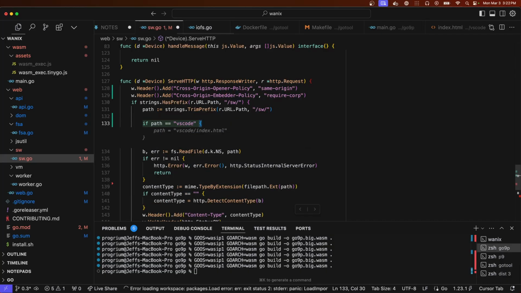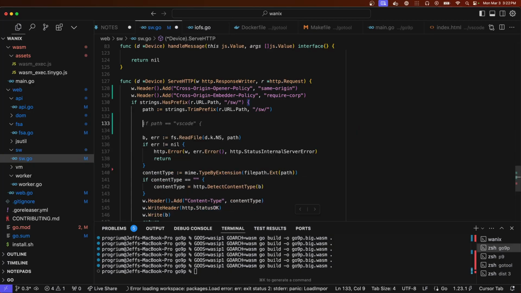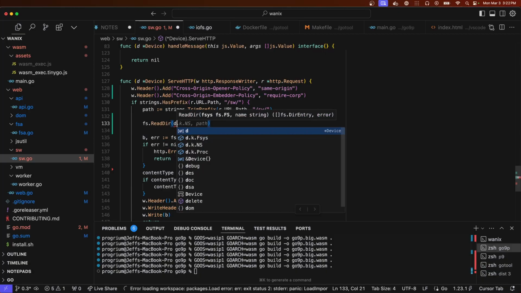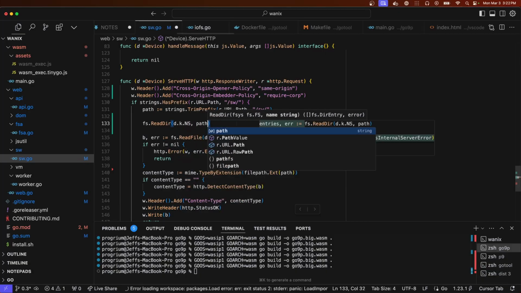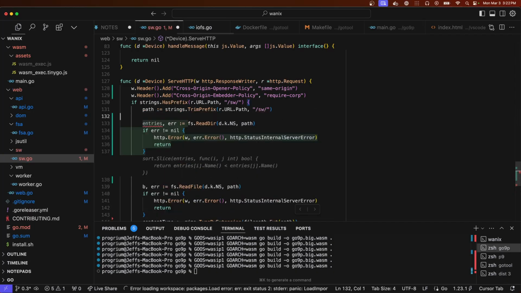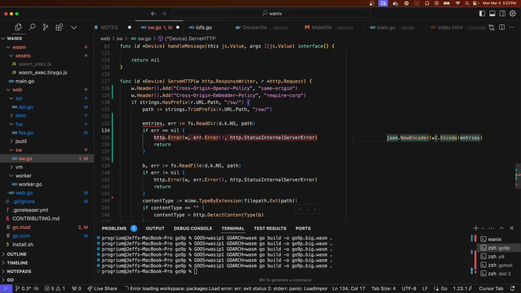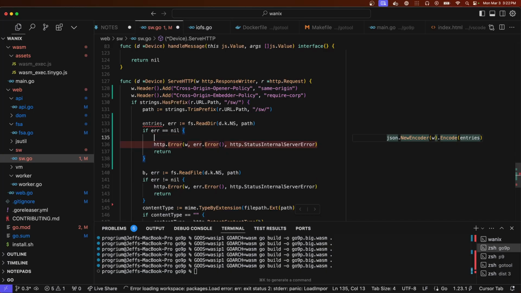Like, no. Okay, but we don't care if it's an error. But if it is a directory, we want to see if there's an index.html.